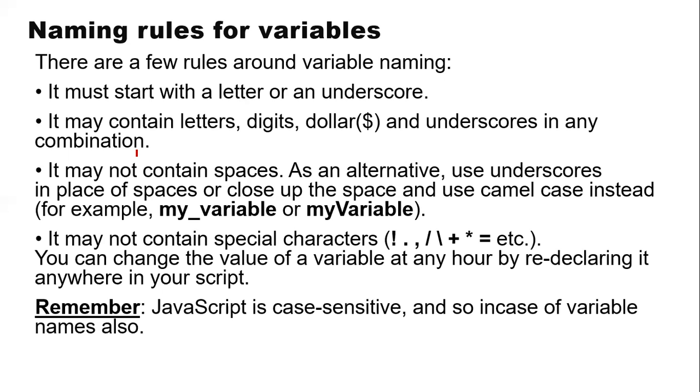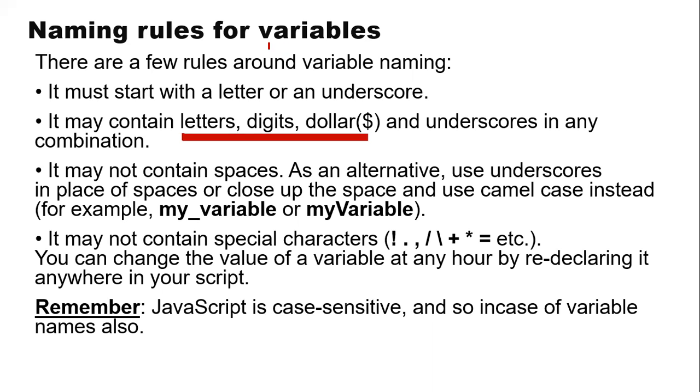I need to follow certain rules for defining the variable names. So what are those rules? Now, when I define a name for a variable, you can have special symbols like the dollar sign. You can use digits, and you can use letters, alphabets like A, B, C, D. You can also use an underscore, but it is always advised not to use the underscore as the first character when defining variable names.